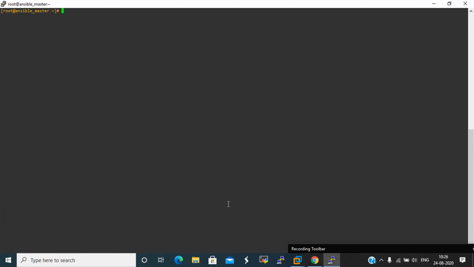So first we will check with the basic ping command. We have to give ansible and mention the host name, an individual host. If there is node1, we can mention it as node1 or by IP address also.